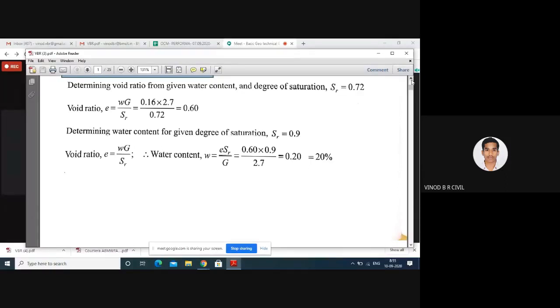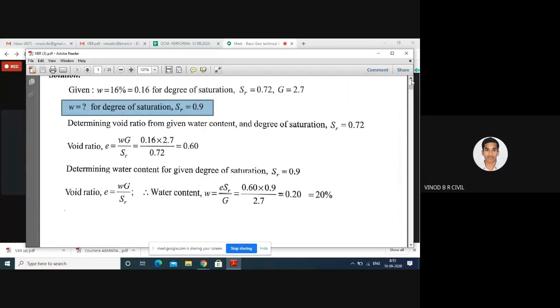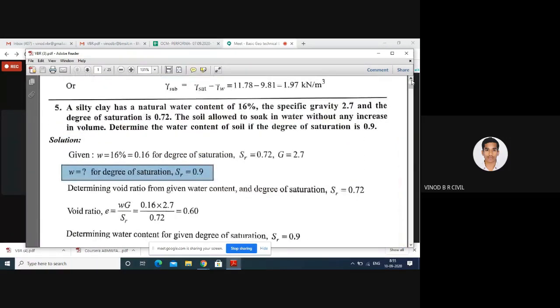I can repeat once again, because these are the basic problems. If you are able to solve these problems, you can easily solve the upcoming problems. In the examination also you can expect these types of problems for 5 to 6 marks. If you have any doubt you can interact or call after this class. Once again I will repeat.